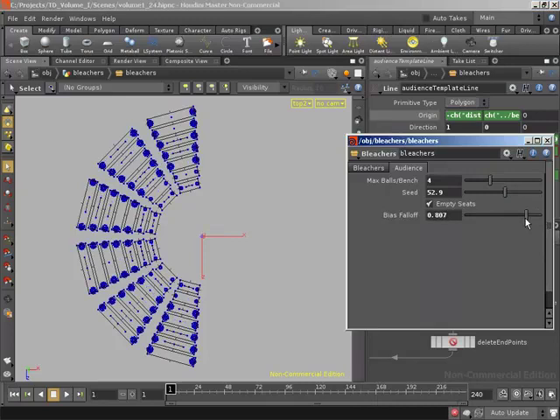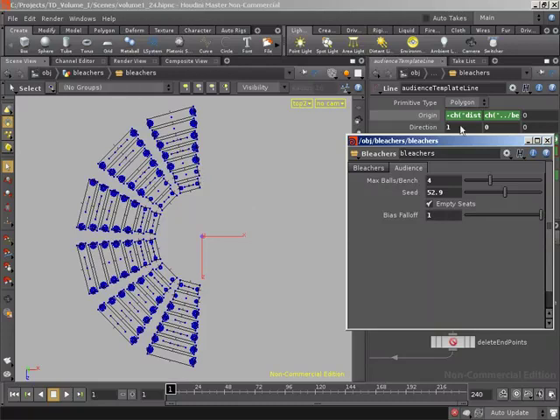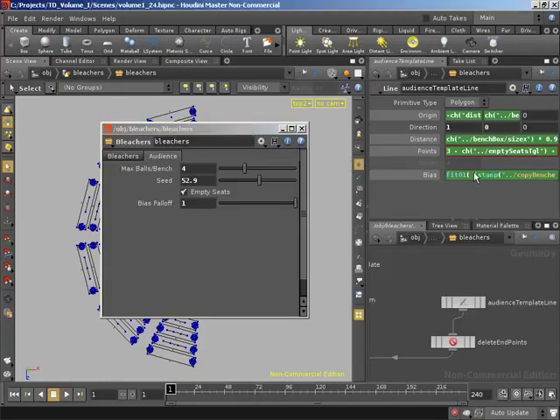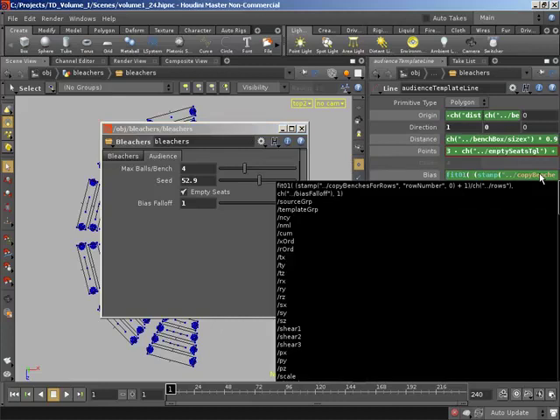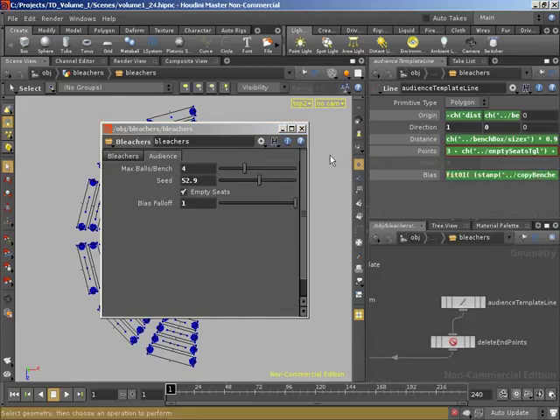Okay, so it looks like something in our expression's not quite working right, because all of these are falling off at the same rate. I'm thinking that means our row number somehow isn't getting stamped properly, because we're not getting a unique number for all of these. So let's take a look over at our bias. So you've got a typo in there. Probably. I've already seen it on the pop-up. Row number, we named that row num. Yep, that's right. If we enter that and accept that,